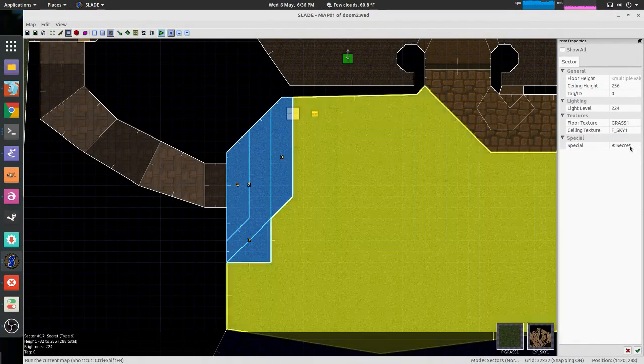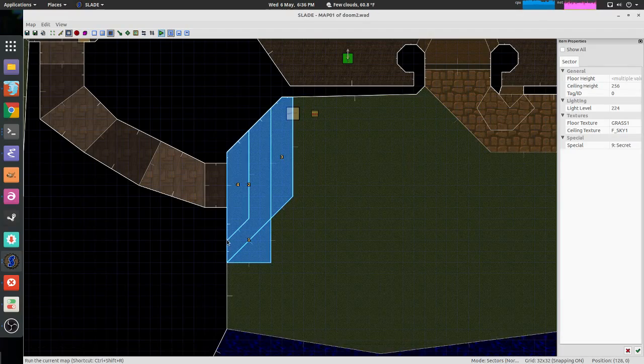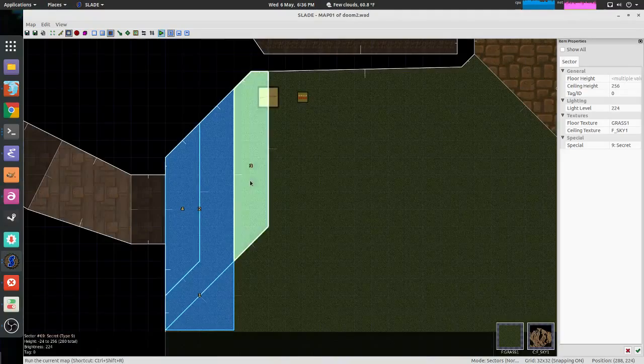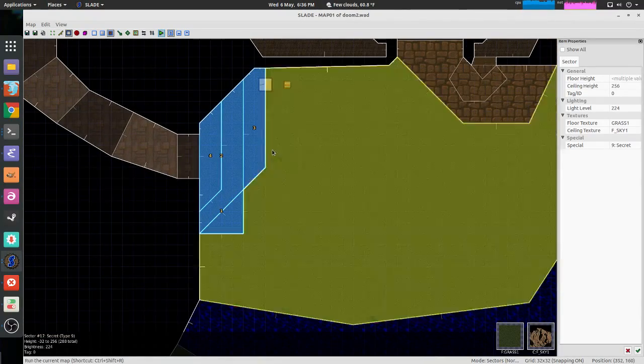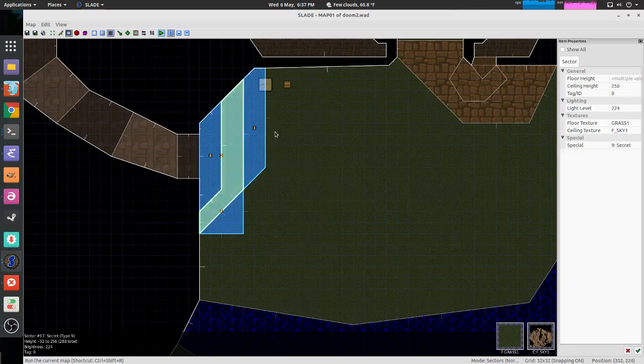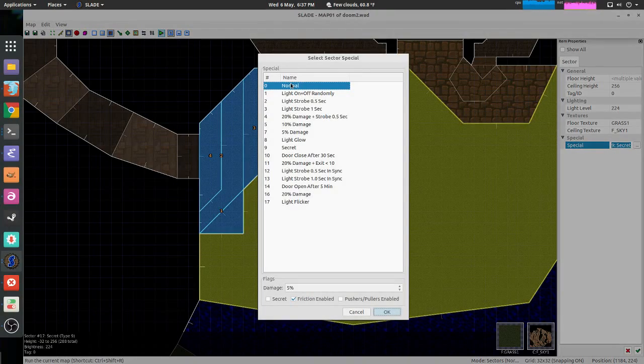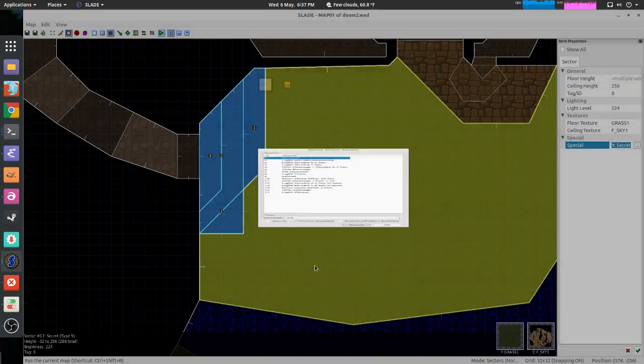I don't know. So when we created those new line defs, they adopted all of the properties of the sector that we were subdividing, which in this case had a grass floor and a sky ceiling, which is good, and it was the right height and light level, but it also had that secret tag. So let's go in here, and I guess one way we could do this is we could just mark,